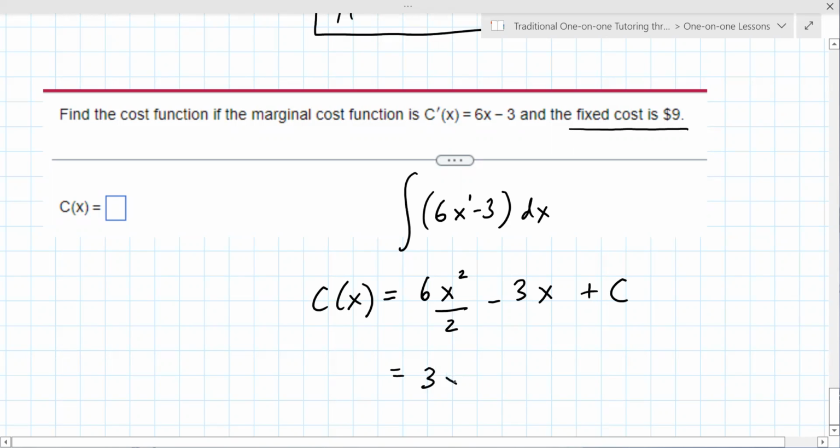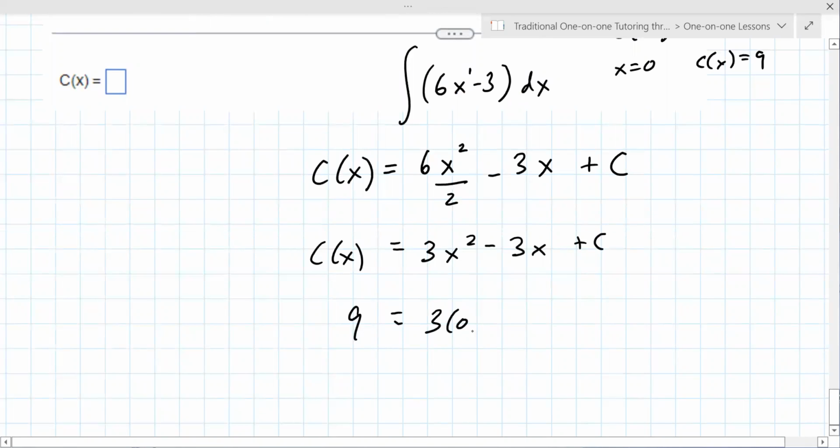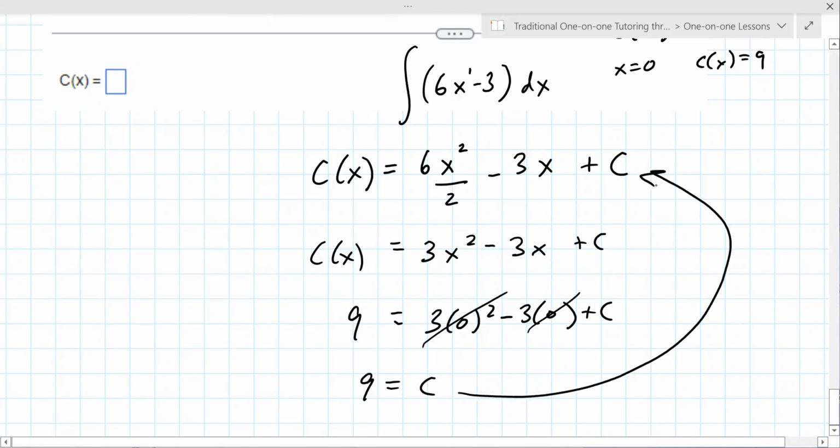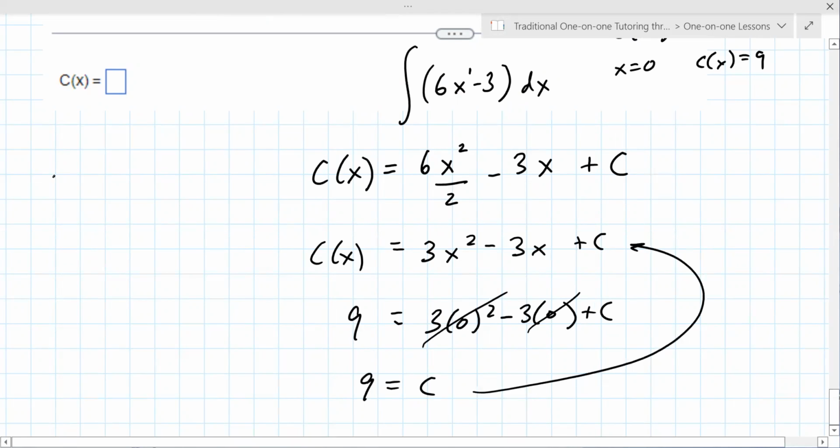So before we do that though, let's just write 3x squared minus 3x plus c. The fixed cost means that the cost of 0 units is 9. So x is 0 and c of x is 9. So you plug those in, you say, okay, 9 equals 3 times 0 squared minus 3 times 0 plus c. So you're putting the 0 in for x, c of x is 9, and you solve for c. So these go away. You end up getting 9 equals c, and that goes back into this line right here. Or actually the next line would be better right here. So your cost function is 3x squared minus 3x plus